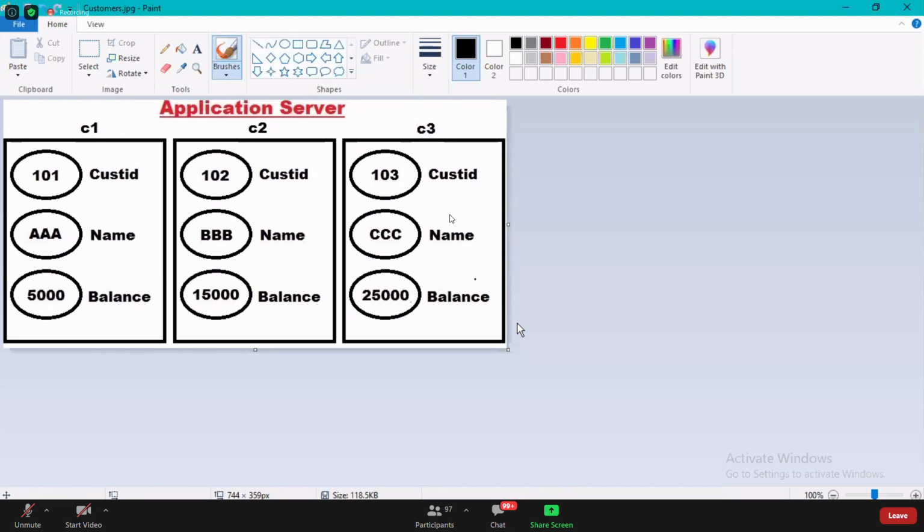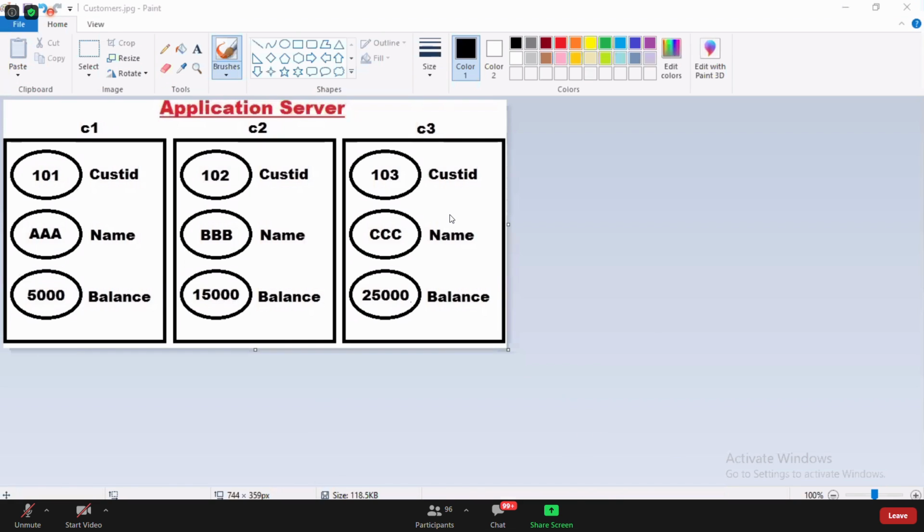Are you guys clear? With the data associated with the instance, we are able to tell what the balance is.